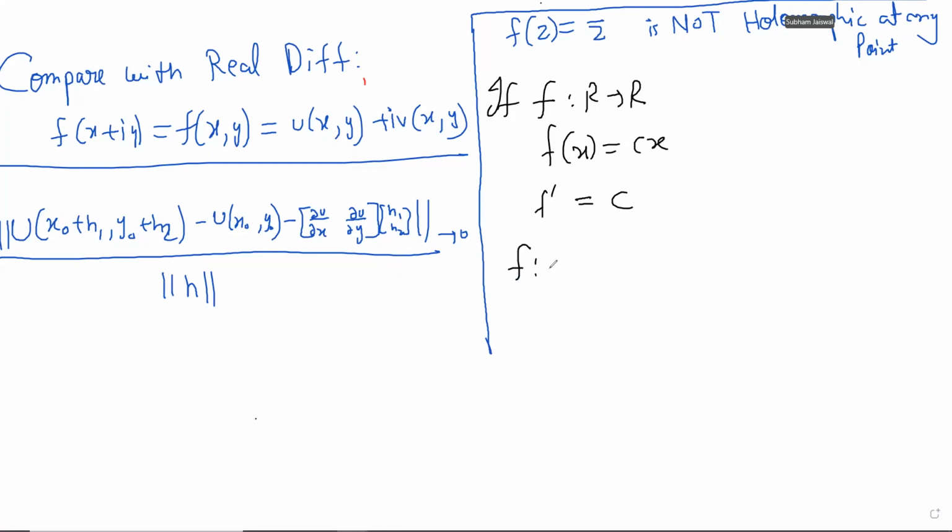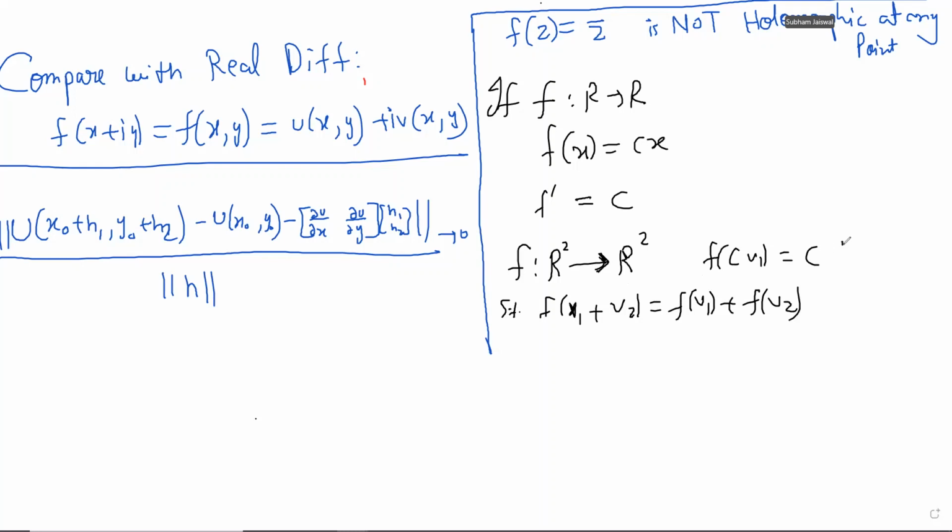Now, if f is a function from R2 to R2, I think it's important to just get an intuition for real differentiability. This will help us in complex differentiability, and this should precede it. If f is from R2 to R2, such that f of v1 plus v2 is equal to this for any vectors v1 and v2, and f of constant times v1 is equal to constant times f of v1, for any vector, if these things happen,